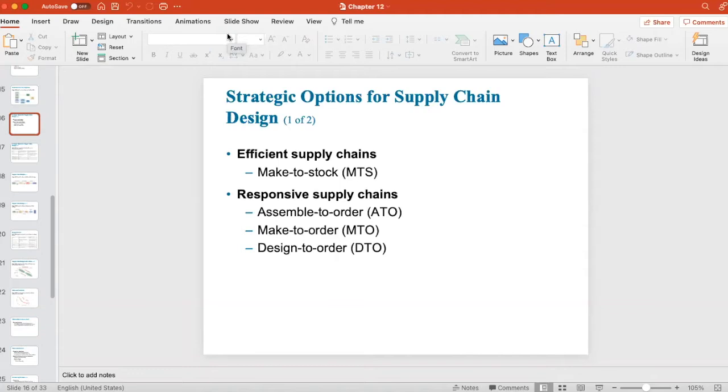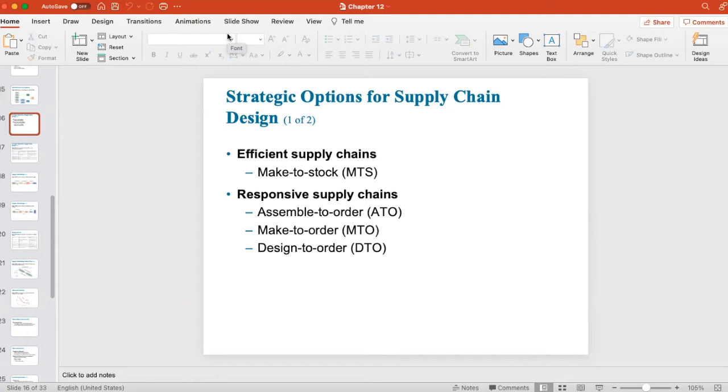For instance, for an efficient supply chain, when the demand is less fluctuating, then you probably have a better prediction about the demand realization in the near future. So you don't have to hold much inventory to prepare for unexpected events, because you have a very accurate prediction of demand realization. Since the inventory amount is lower, you can make your supply chain as clear and simple as possible, such that the supply chain efficiency itself will increase. That's why, for those types of products or services, it's better to use